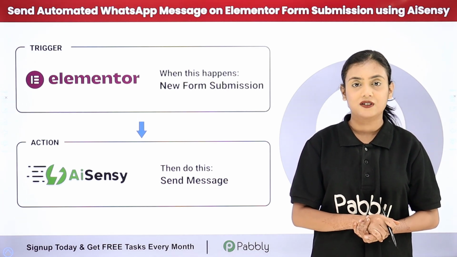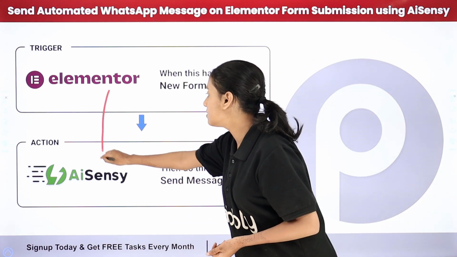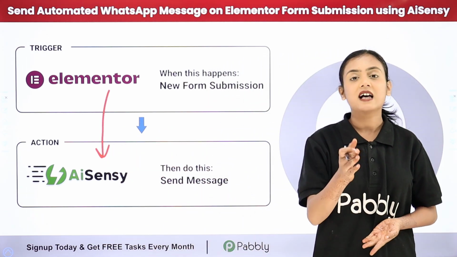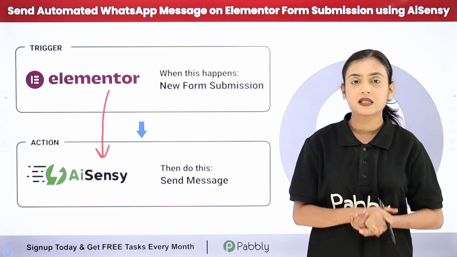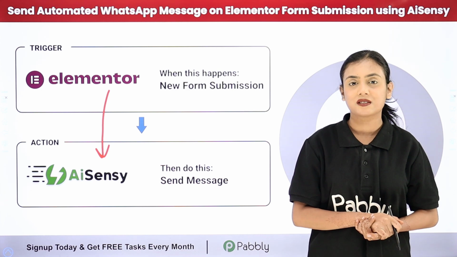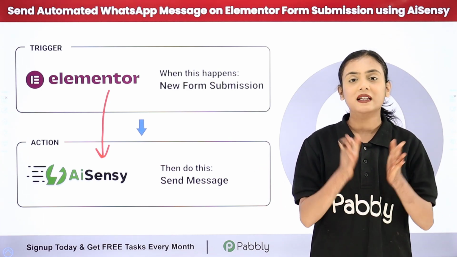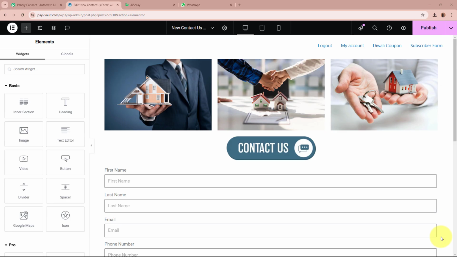And in this automation, I am going to create a connection between Elementor and WhatsApp by AiSensy. As with the help of AiSensy, I have created a message template that I am going to use for sending messages to all my customers. So if you want to learn about this amazing automation process step by step, then let me take you all to my screen. In this video, we're going to learn how to send automated WhatsApp message on Elementor form submission